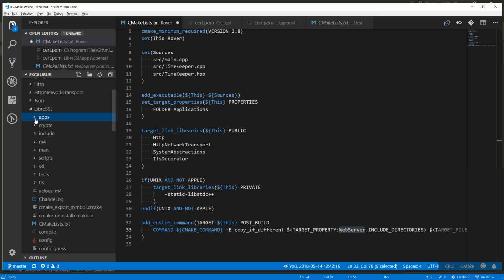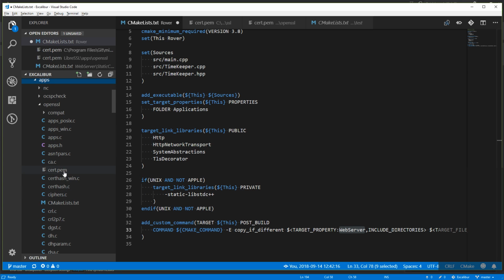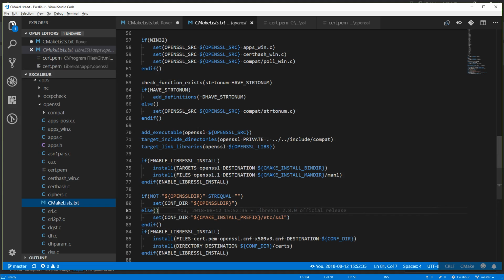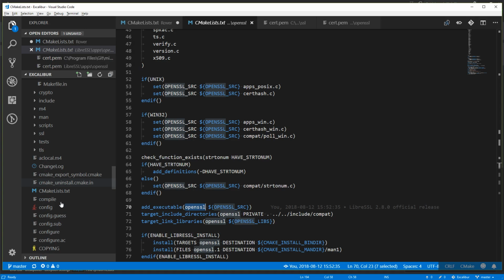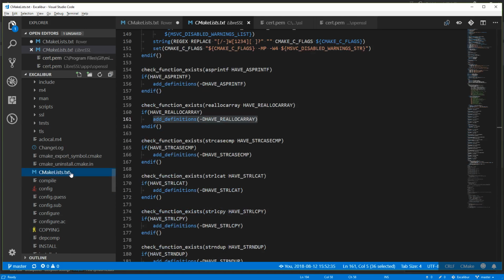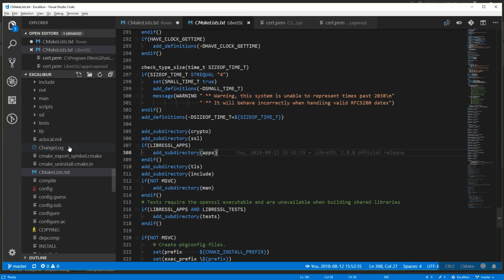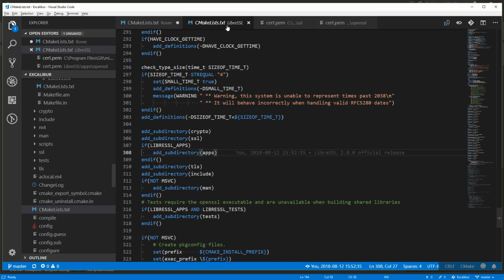apps. But apps doesn't declare any. Oh, apps OpenSSL doesn't declare any targets, does it? I guess there's OpenSSL, but we're not even building it. Yeah, we're not building the app, so we're not adding the subdirectory, so the target won't exist. I guess we'll just have to kind of cheat and make it relative to something we do build, which is TLS. So it'd be like